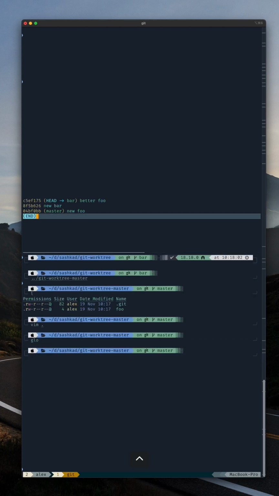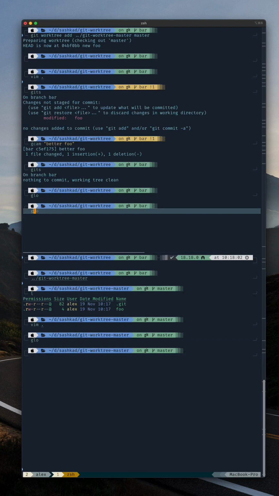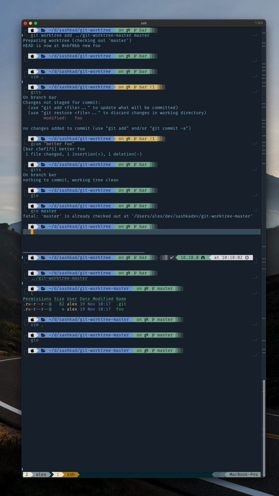I'm gonna exit here. I'm gonna exit. Now I'm gonna go to my master, gco master. So as you can see, it doesn't let me check out to master because there is already a checked out version of it. So basically all I need to do is remove the work tree. Okay, git worktree remove master,